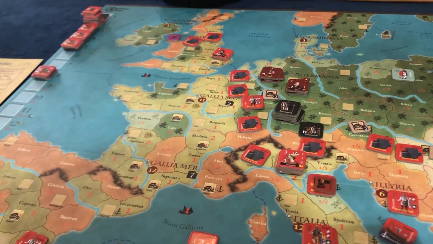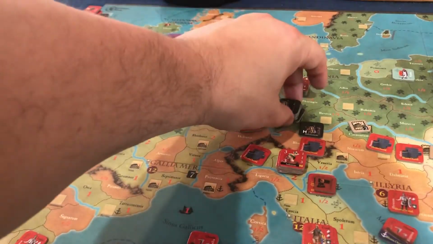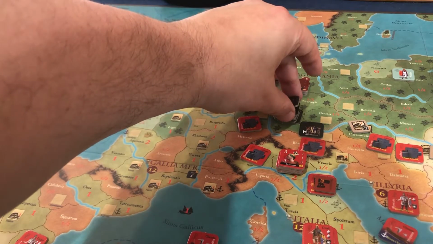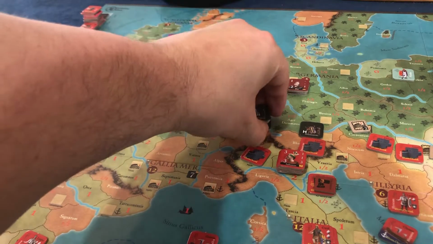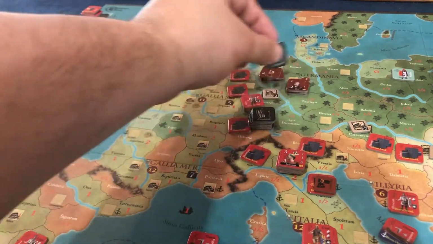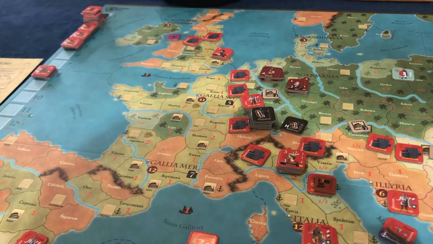So let's just see how this goes. First things first, we're going to go ahead and take 1, 2, 3, 4, 5, 6 of them, and we're going to try to move into Lotharingia for battle. And yes, we could take the horde with us. It's part of the migrating. If you leave the horde behind,